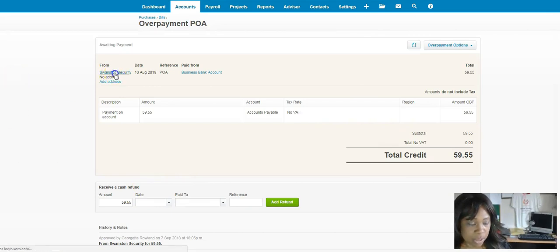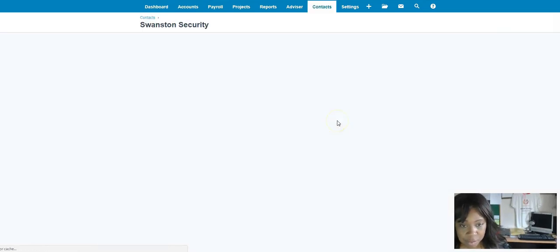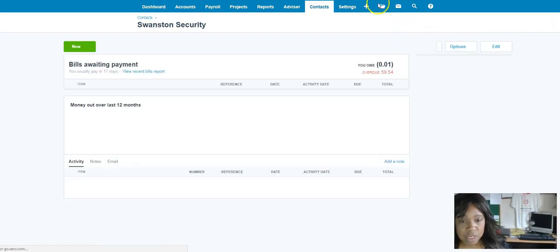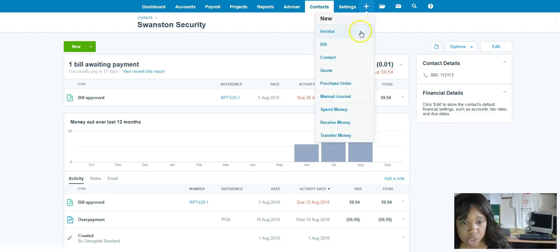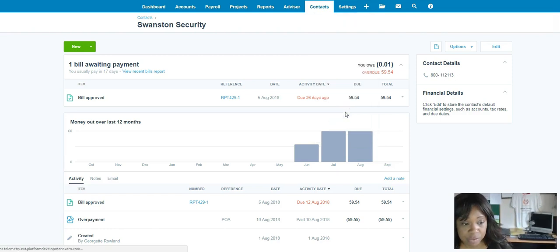And then we go back into Swanson Security. And let's say the difference is that the overall amount won't change because it was already updated before. All that's happened is you've now allocated an invoice. So to recap, remember also you can do it without it appearing in the bank. So if you know that you're going to pay a bill or make a payment on account and it's not in the bank yet, you're just going to do it so that when it comes through the bank, you're going to actually reconcile it. I'll show you how, I'll recap and then show you spend money if it's a bill